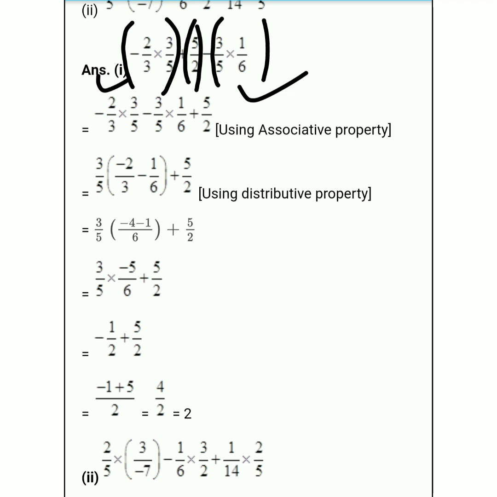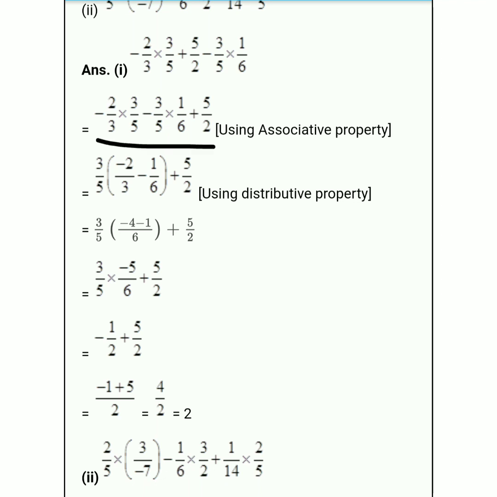So what we do in the second step, we just arrange the term, right? Now transfer this term from third position to second position, and transfer this term, means second term, to the third position. By using the associative property, we can do this, right? So in second step, we just change the order of the terms. Now in first term and second term, we take 3 by 5 as a common. If we take 3 by 5 as a common, then cut the 3 by 5 from both this bracket.